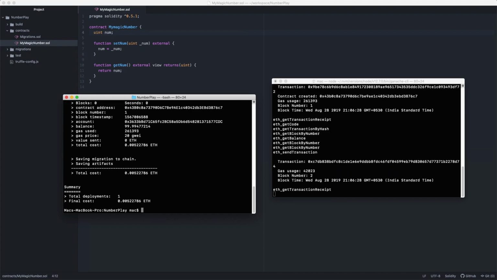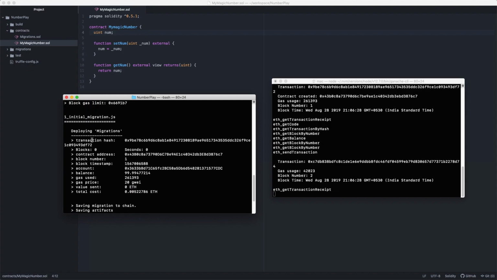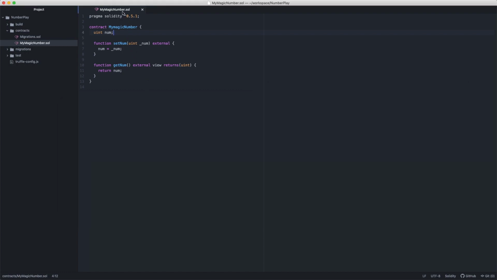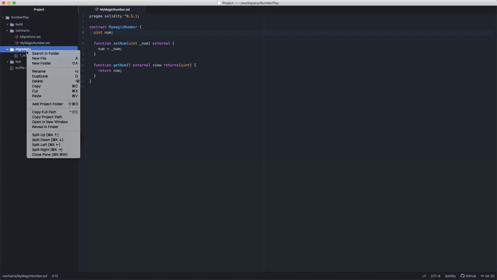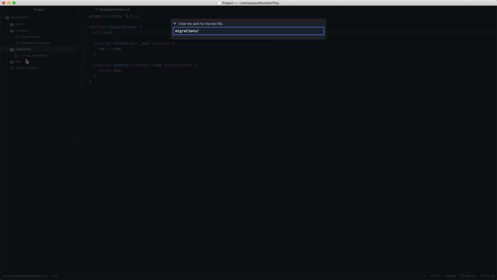Yeah, so now our deployment is successful and you can see total deployment is 1, right? But only migrations are deployed. We also want to deploy our contract, my magic number. So to do that, next we'll go to migrations and create a new file. This initial migrations is for migrations. To deploy our custom contracts, we need to create a new file,